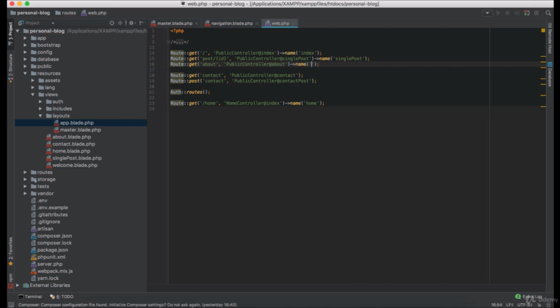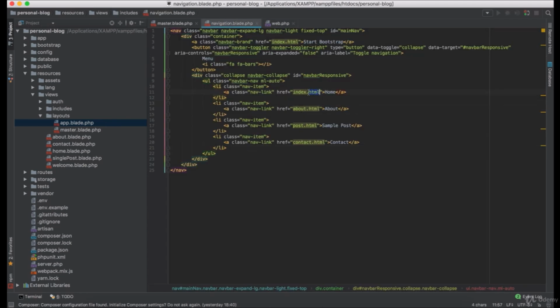This is the About page, Contact, this one is Contact Post, and here is the Home, which already has the name. Okay,